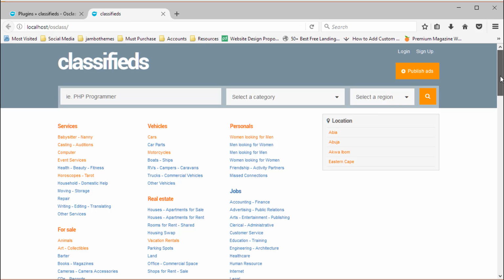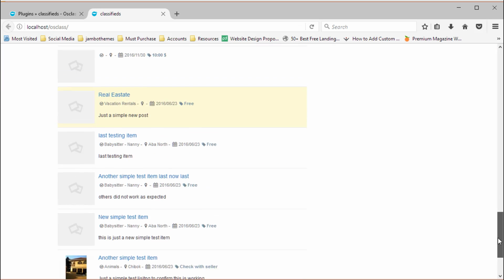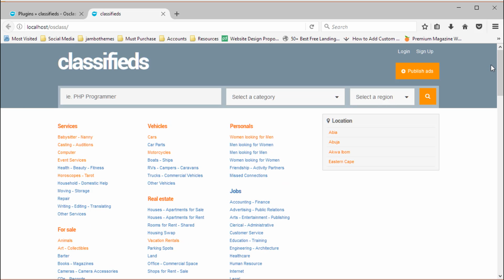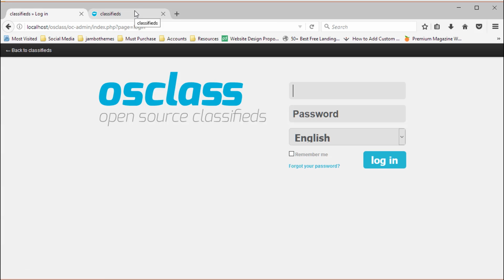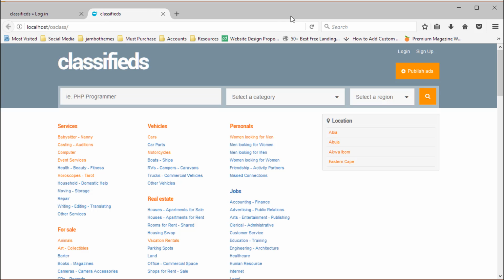It will just take you to your site directly, and this way you can customize your site and still be able to check the customization to confirm if everything is okay. But the moment you log out of your control panel and reload that page,